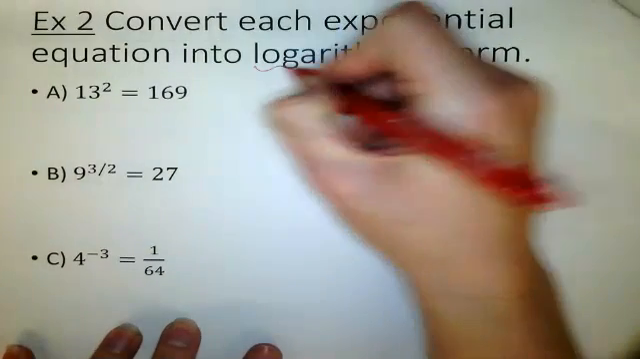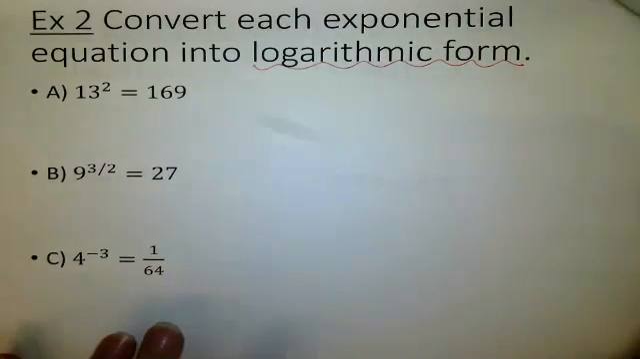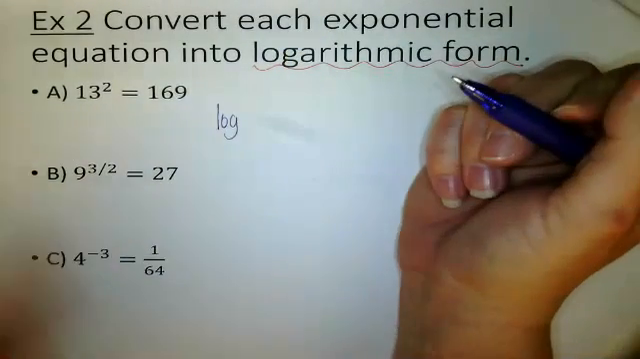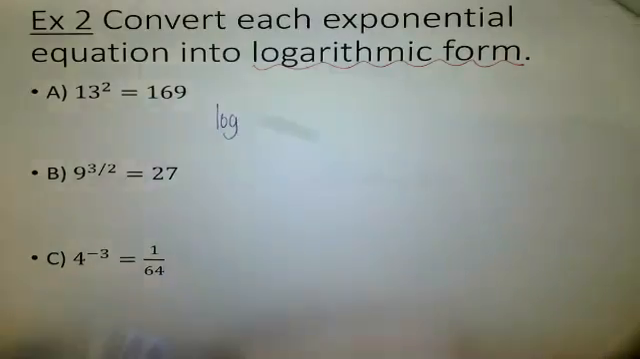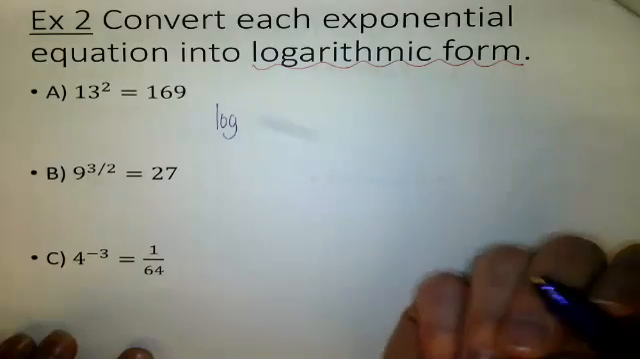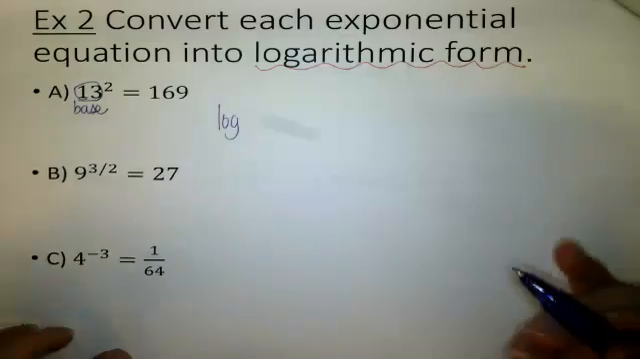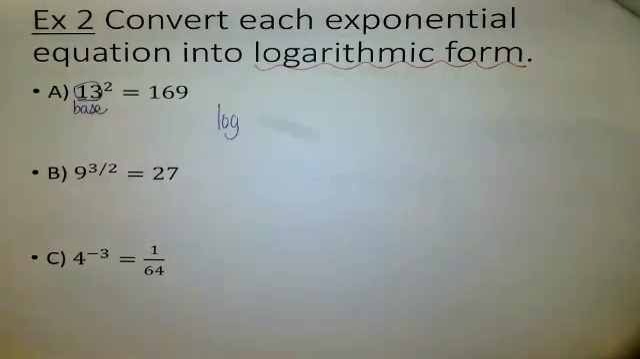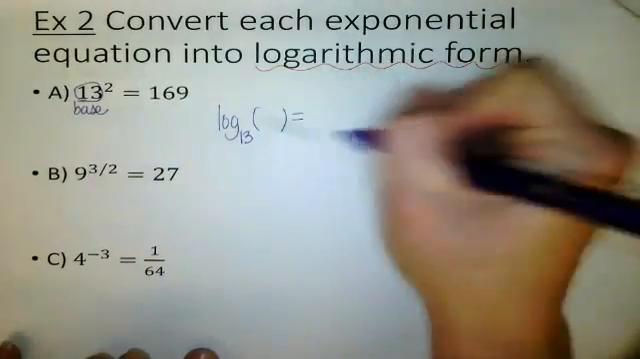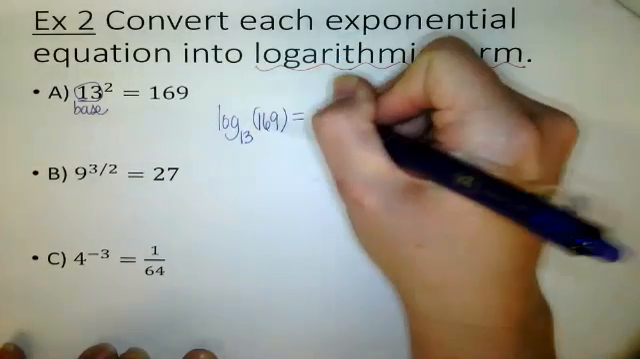So since it's logarithmic form, it's going to have a log in it. Yes, it is. So we have log. The next thing is this is 13 squared. The base, in this equation here, what is the base? 13, yes. That is the nice thing. The base is the same. So this is going to be log base 13, but then the question is of what equals what? Log base 13 of 169 equals